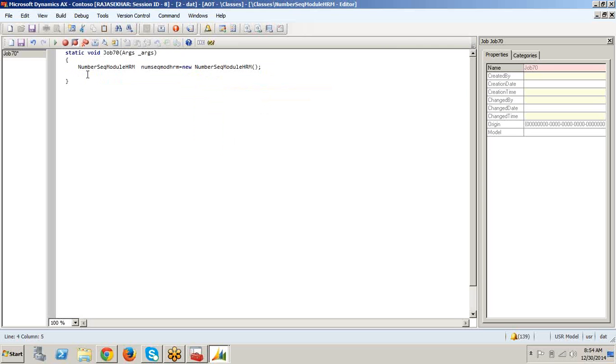Okay, the object name is num seq mod HRM. So here num seq mod HRM dot load, I'm calling this method.